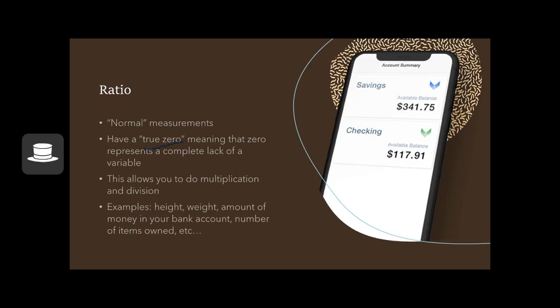And multiplication makes sense. If I have 1 gallon of water, and then my friend has 5 gallons of water, they have 5 times as much water as I do, right? So all the normal measurements, height in inches or feet, right? Weight in pounds or kilograms, the amount of money in your bank account, the number of items that you own,